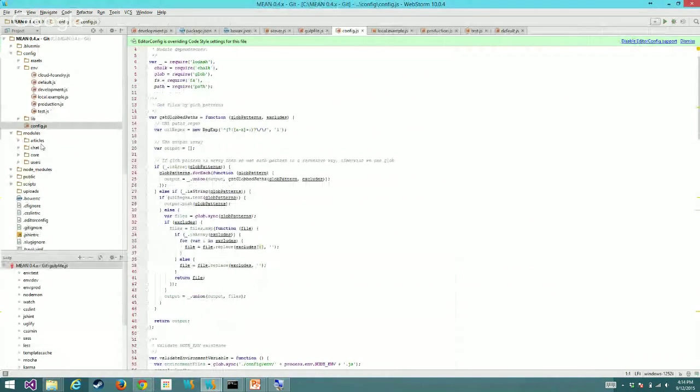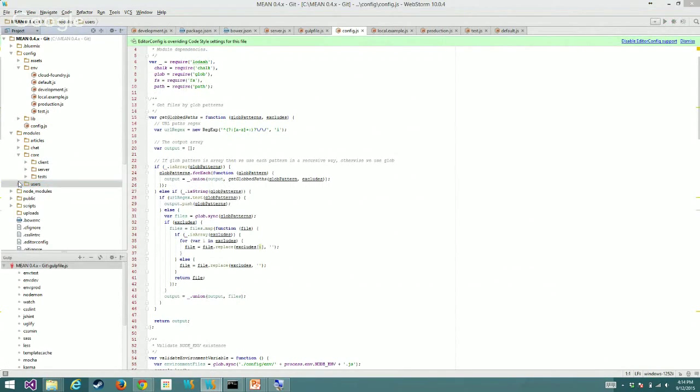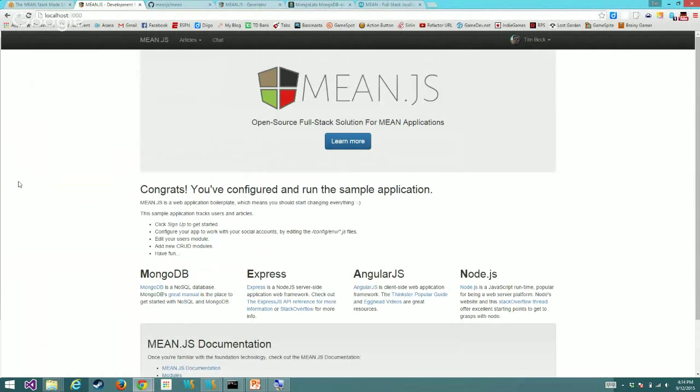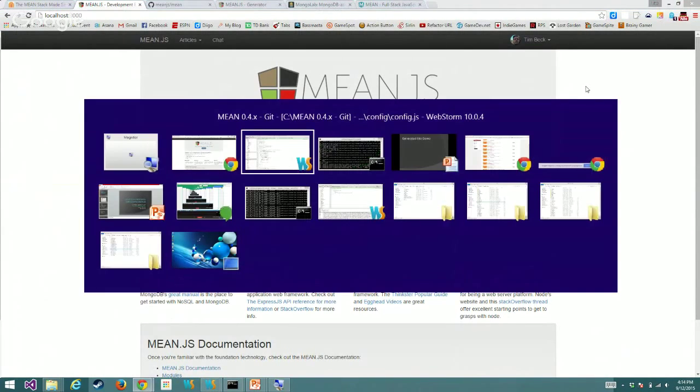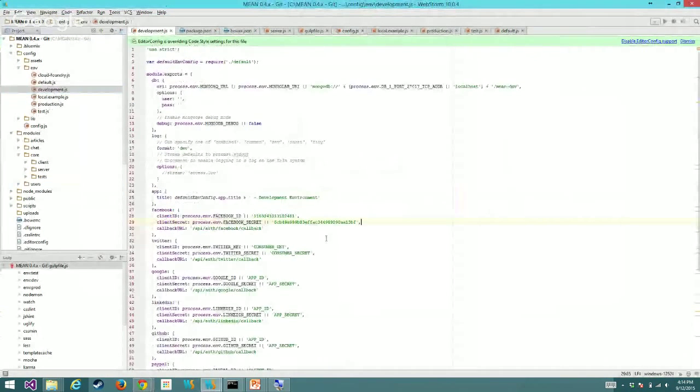Basically, I think it's actually in users. You end up with these providers. It's not worth going too in depth, but you end up with these providers, one for each of the OAuth providers, and then one for your own database-driven authentication. And the only change I've made to the entire project since building it was just to add in these